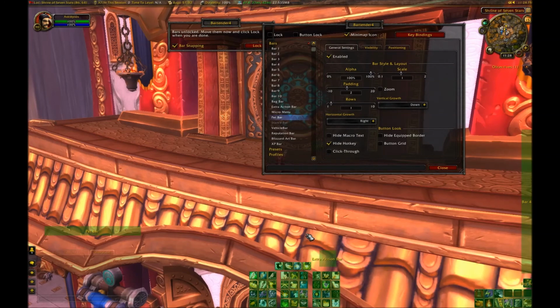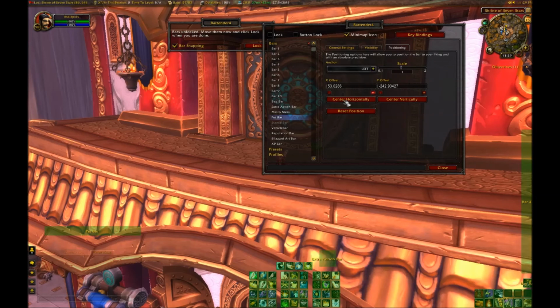In addition to the customization options I showed you, there are a couple more. In the general settings, click through just makes those buttons unclickable. So if you had a bar, for example this one, and you wanted it showing up here, just so you could see what was on cooldown, maybe you have some spells such as Divine Hymn, Hymn of Hope, and you just want to easily track their cooldown, you could put that up by your character, and if you click through, then you won't accidentally click and trigger one of those actions. In addition, there's also a tab here called Positioning, that if you go to that, you can fine-tune the position of any grid